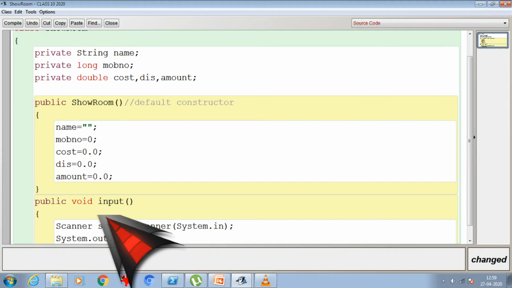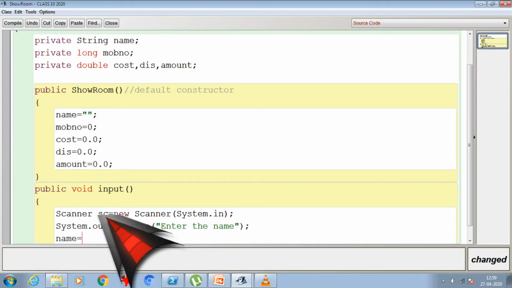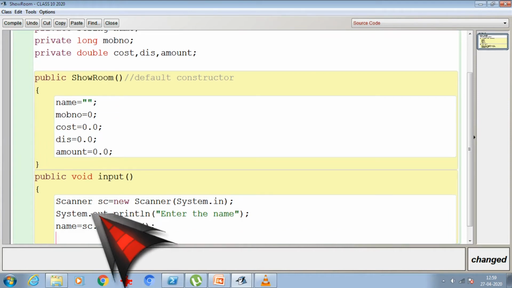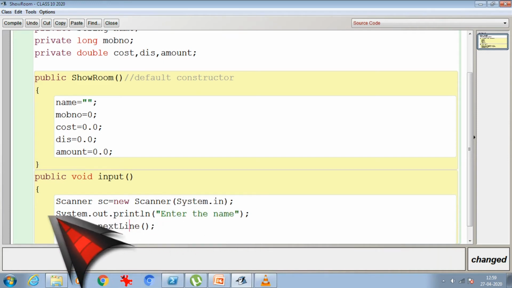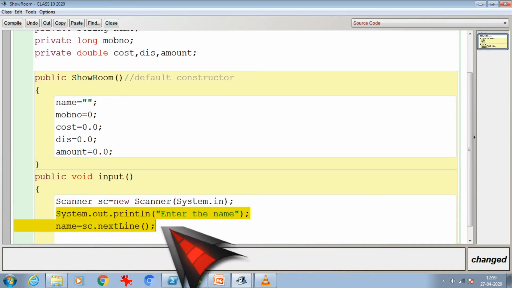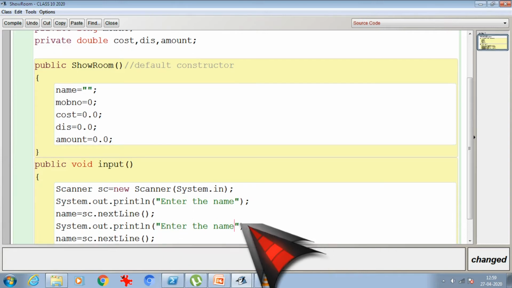I'm going to write System.out.println, first enter the name. So name will be accepted with sc.nextLine() with a small i.